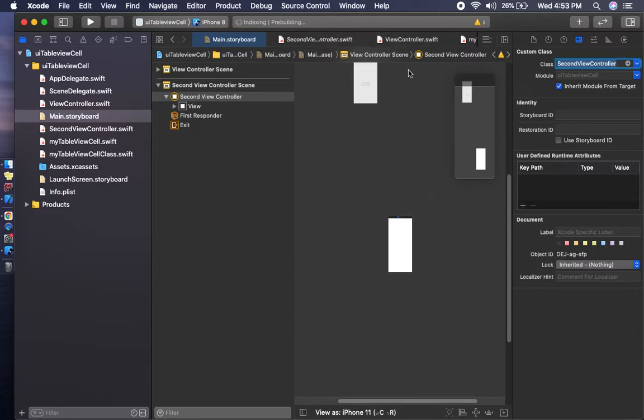When we are navigating from one view controller to another view controller, we have to use the navigation controller. It is used for transferring from one class to another class.